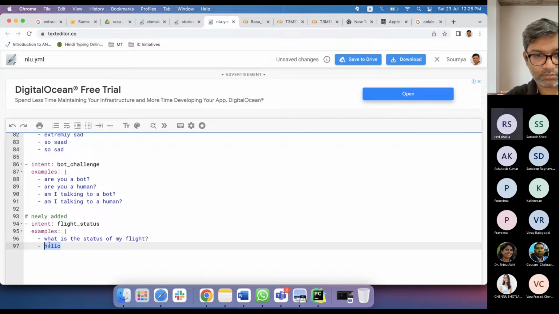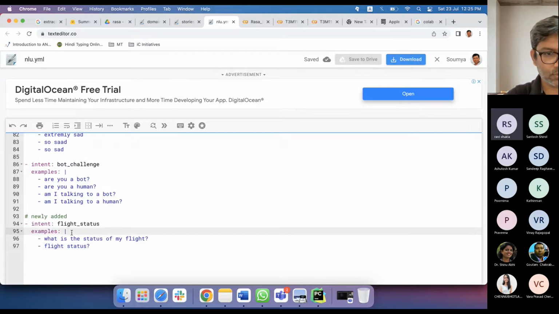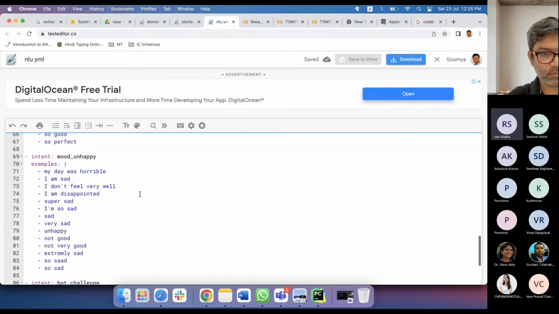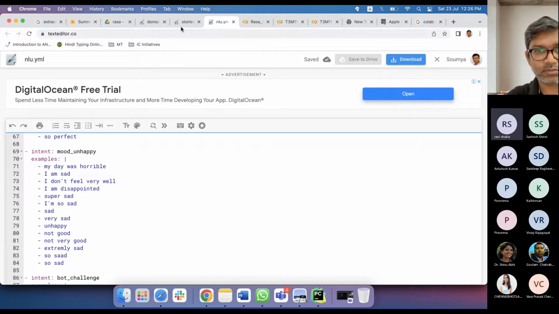That's it. You can just say flight status question mark as well. Now let's go to actions.yaml file, right? Oh, no, sorry, config.yaml has that, right? Actions. No, stories will come in the end.